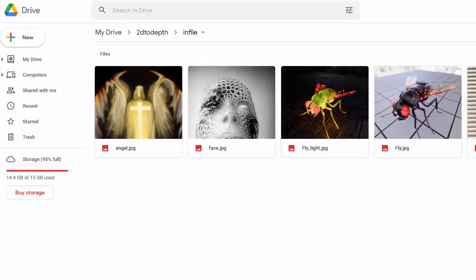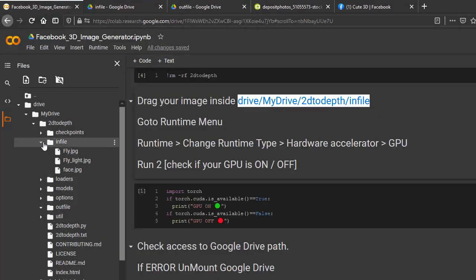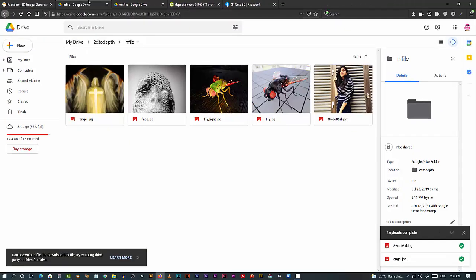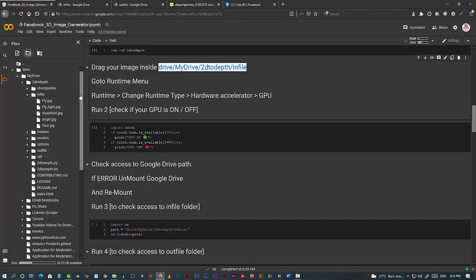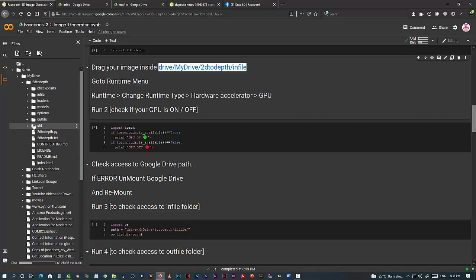Now we cannot see the updated images out here, so what you will do is press refresh. There. How many images do we have? We have 5. So there are 5 images. Okay, so we're done with this.